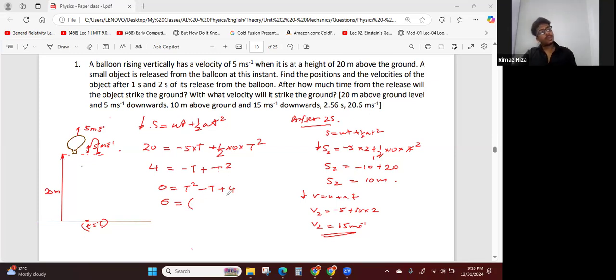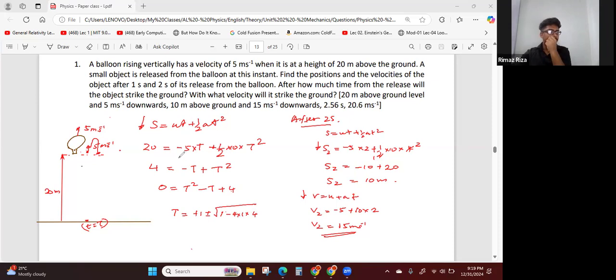We get square root terms. So I use the formula t equals minus b, minus into minus 1 is plus 1, plus or minus 1 squared is 1, minus 4 into a, which is 1, into